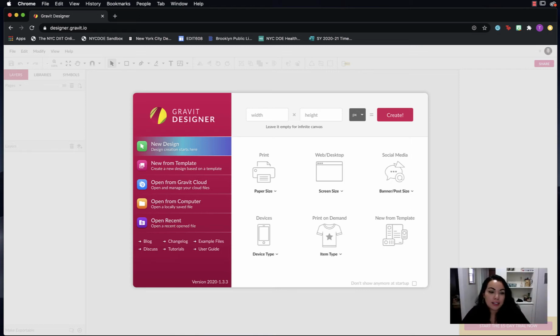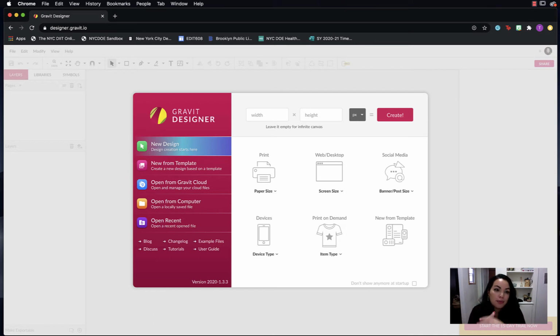So today we discuss the element of design, which is texture. We talked about implied texture versus actual texture. So we're going to practice using texture today in a digital medium. We're going to be taking images of texture and applying it on top of shapes created in Gravit to create